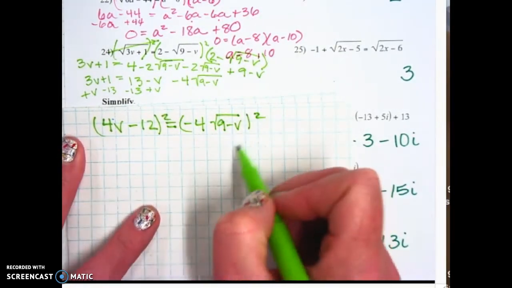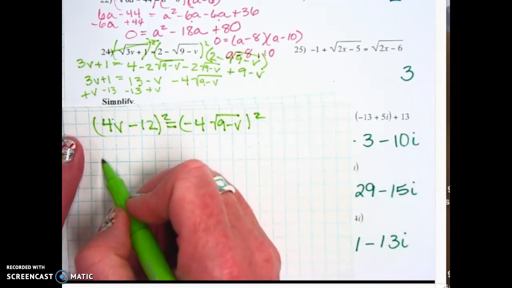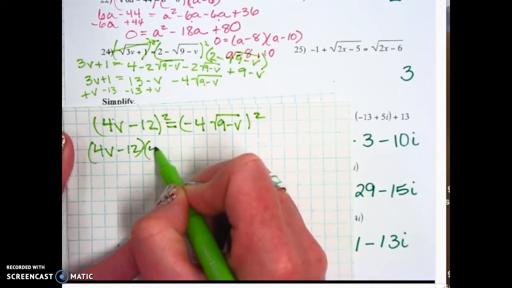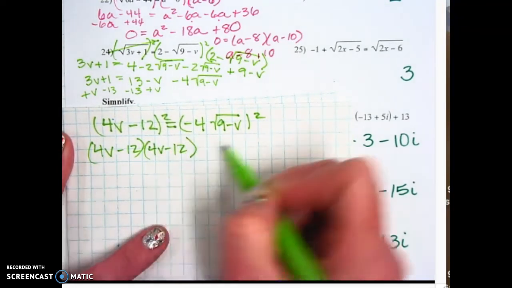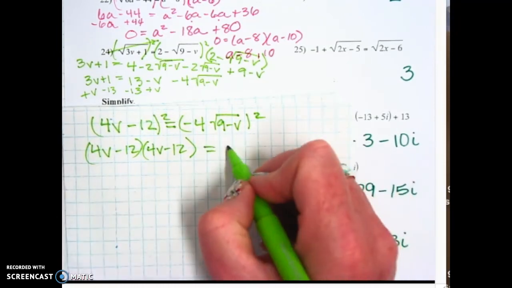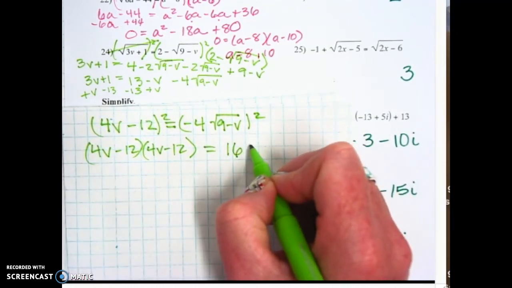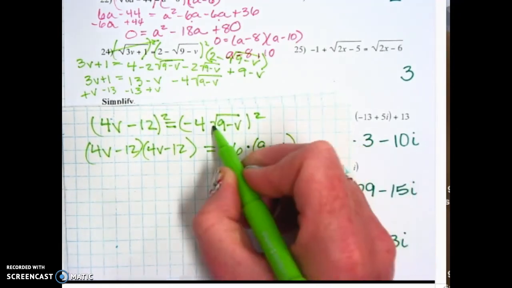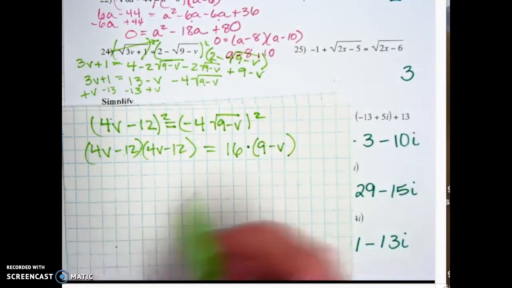So we want to FOIL this and then just need to square that. So this is going to be 4v minus 12 times 4v minus 12. So this we just want to square. So that's going to be 16